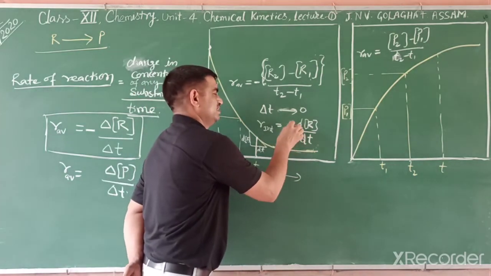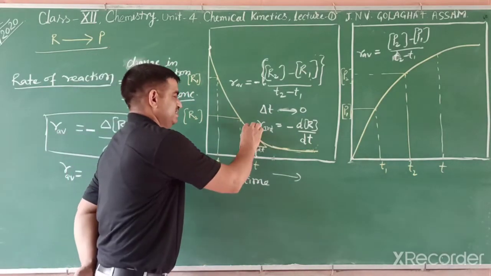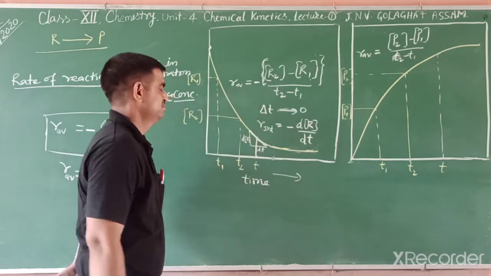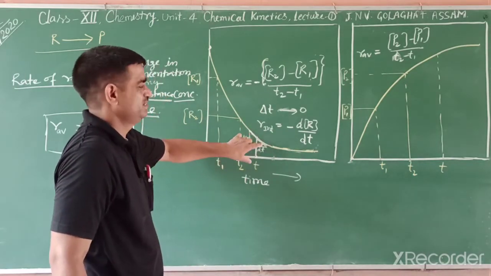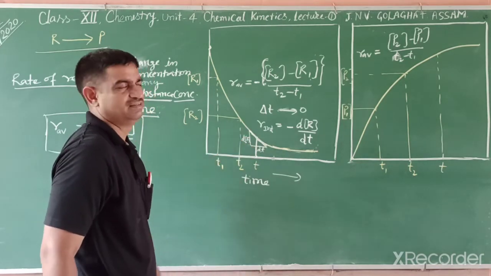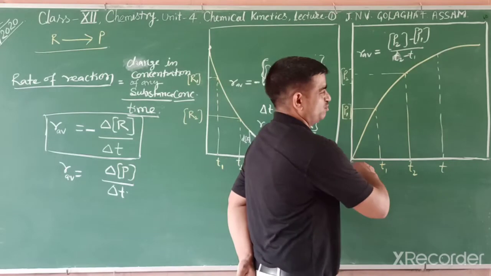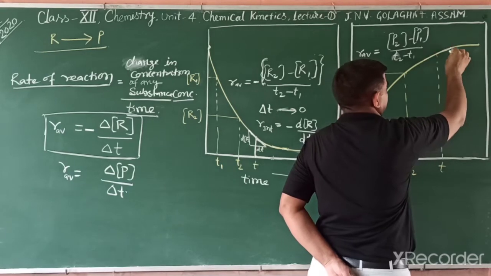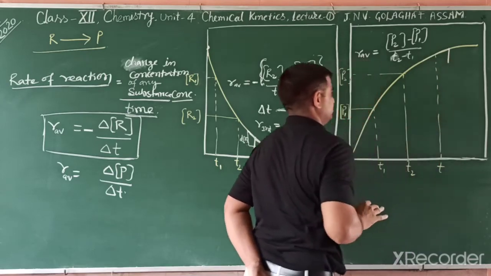And before we write a negative sign. How can we find out this instantaneous rate? By taking a slope, a tangent. You know tangent, tan theta, means this value and this value. We can easily identify by plotting a triangle, and then we can say at a particular point we can identify the dR and dt. In another way, in this product also we can make a slope in this way, and then we plot a tangent and we can write in that reaction.